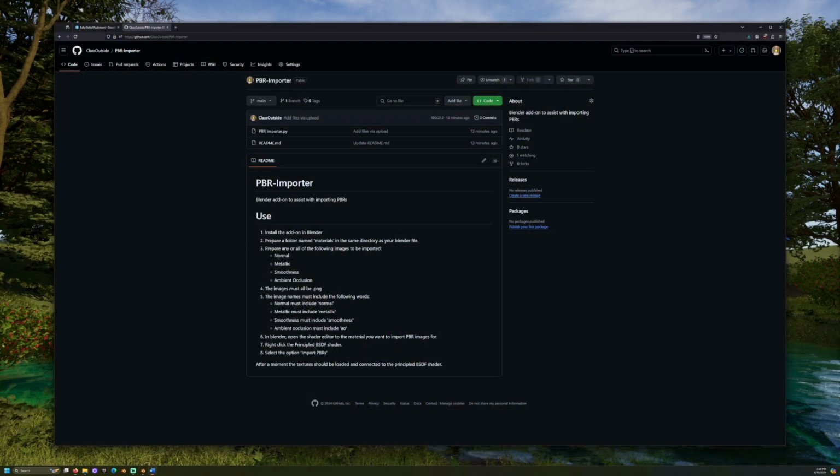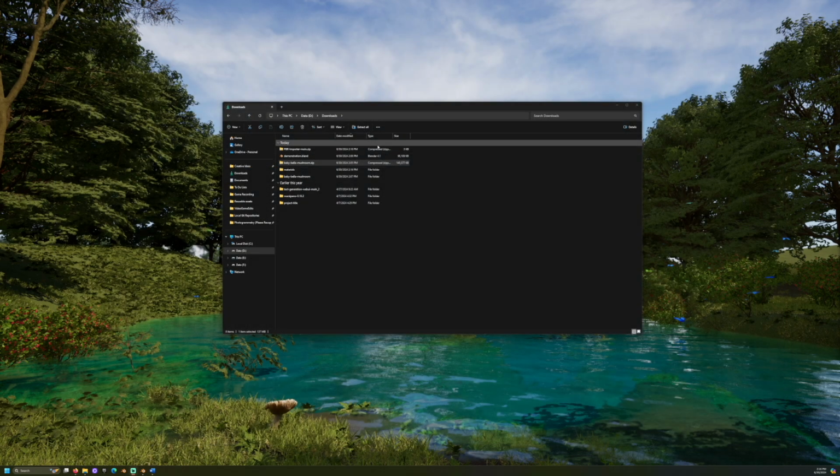Great. Now with our images prepared, we can download and use the PBR importer add-on. Download this from GitHub. Unzip the folder,